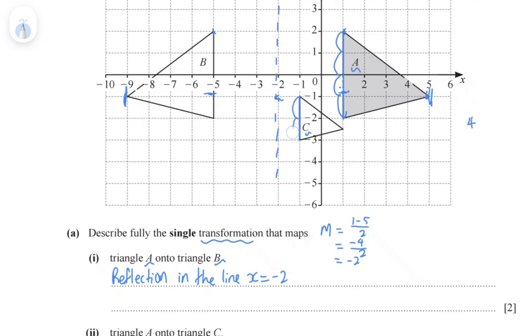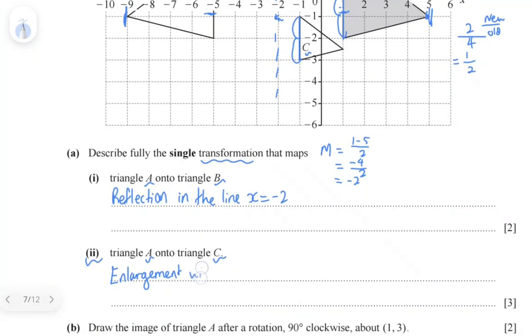Here is 1, 2. We'll take the new length over the old length, giving us a scale factor of a half. Looking once again at this, we know that from a length of 4 times the scale factor of half, the new length is 2. So it's an enlargement with scale factor